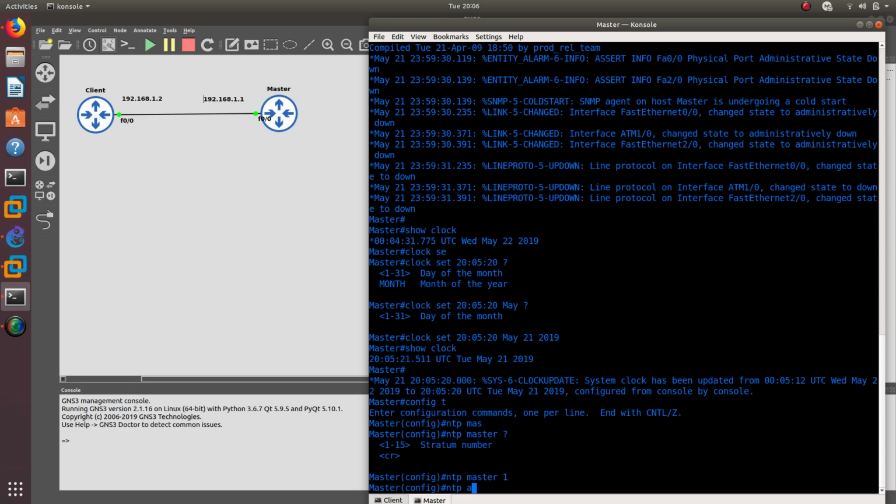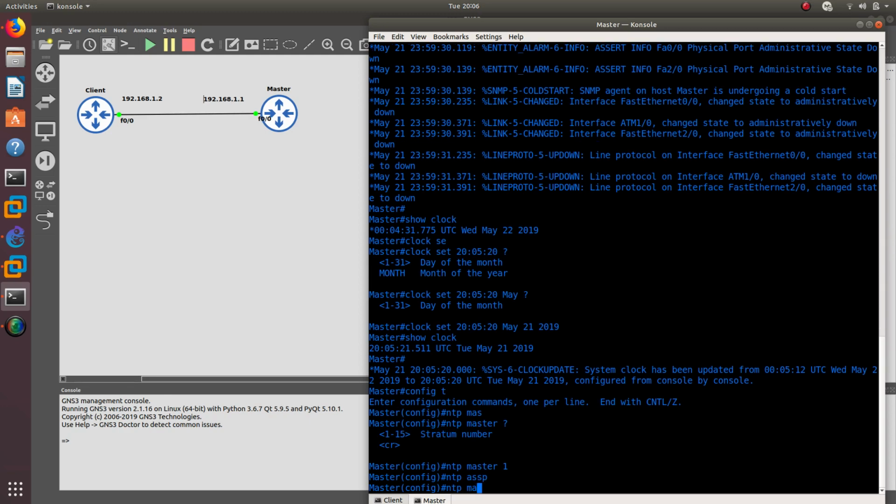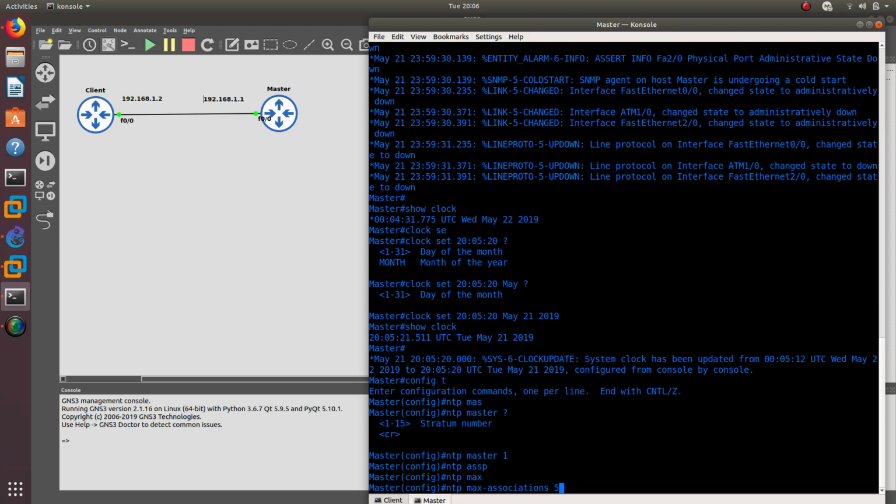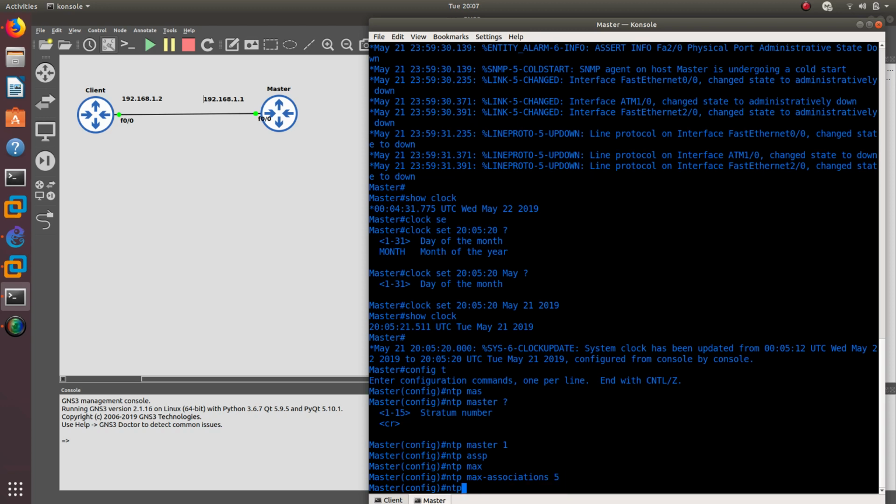And the first one that I want to do is NTP Max Associations, and I want to set it to like 5, because let's say that I only want 5 devices that request time from my server. If I only have 5 other routers, and somebody else tries to hack me using NTP, my router is going to see that it is an extra router and it's just going to deny that NTP request. So that is a security measure that you can implement. So NTP Max Associations, and then after that I want to do an NTP